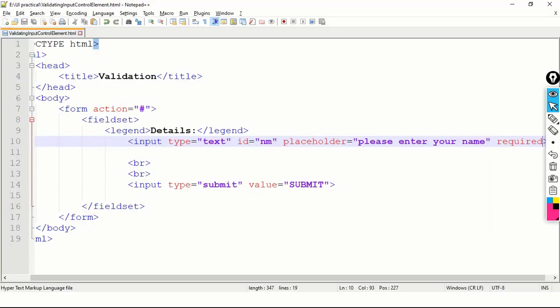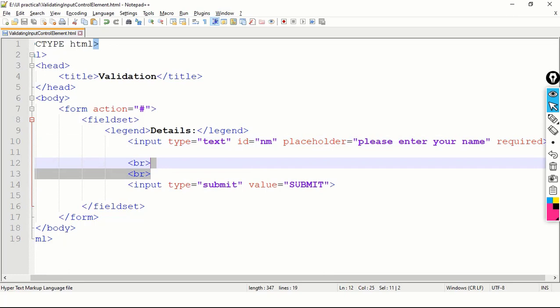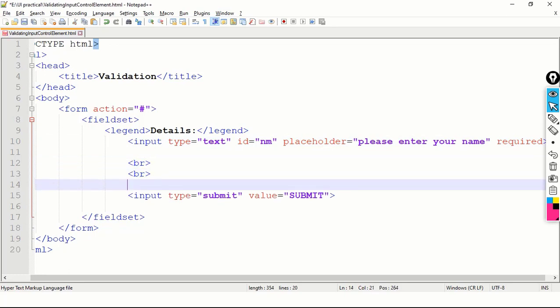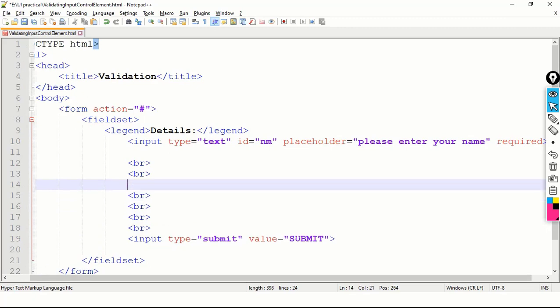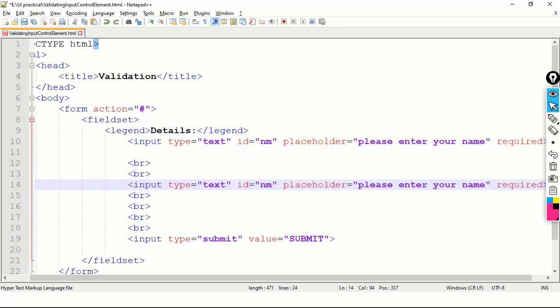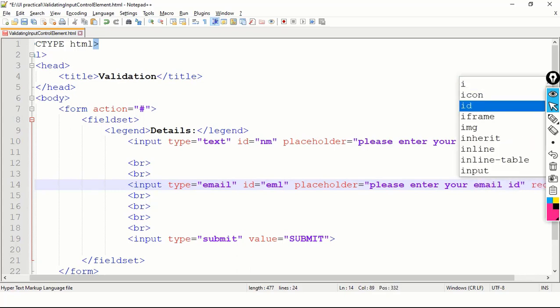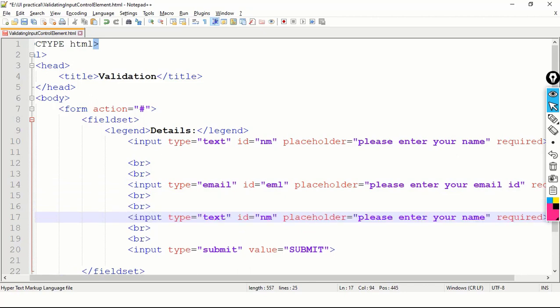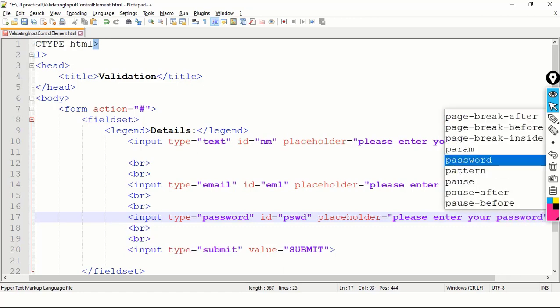Suppose I have a few more input control elements like first name, then email, and then password.